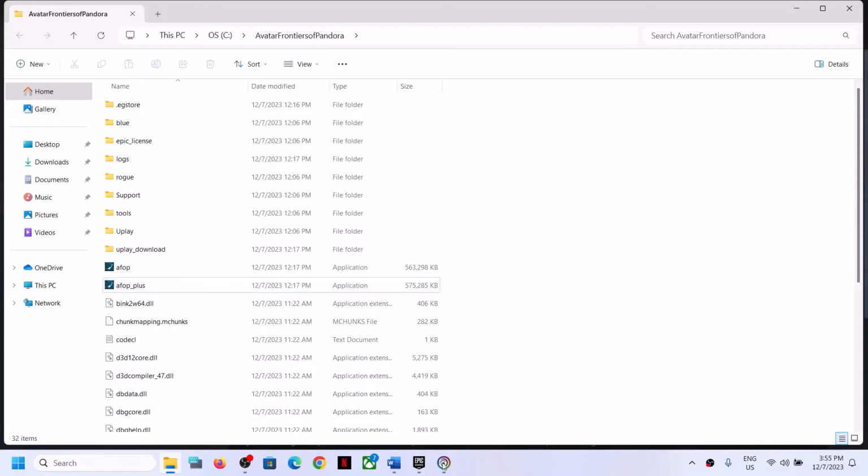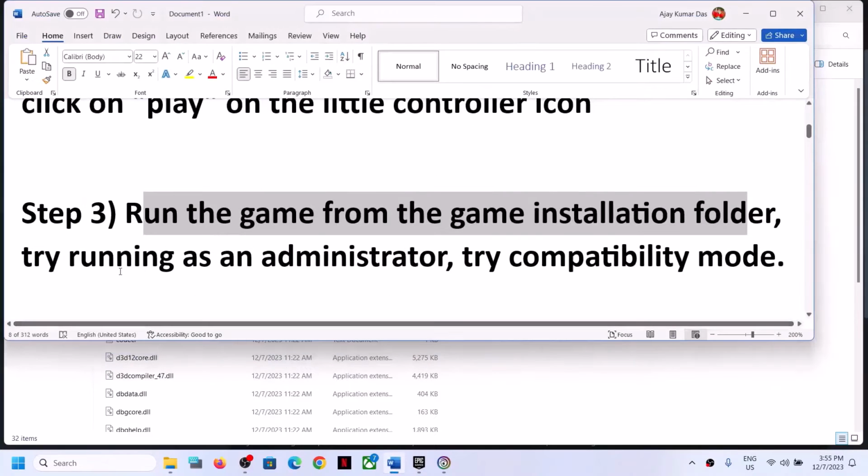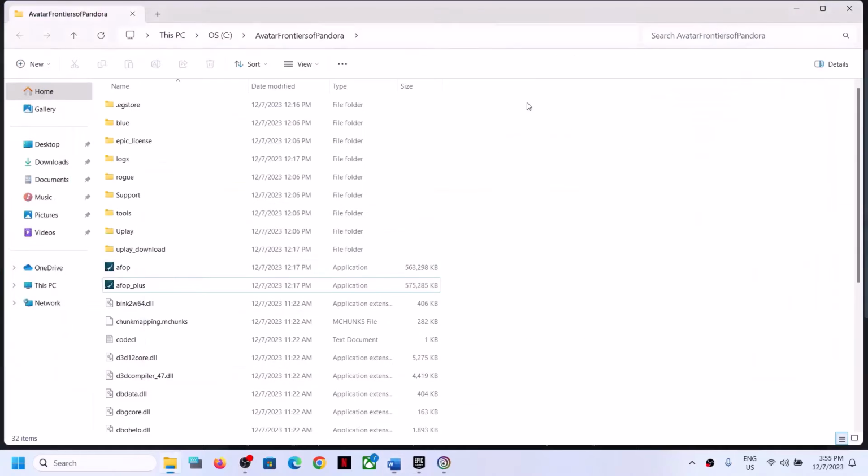So instead of launching the game from the Ubisoft Connect or Epic Games Launcher, try launching the game from the game installation folder. If that does not work, try running the game as an administrator. So this time,